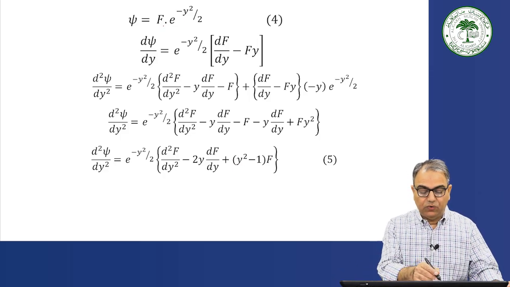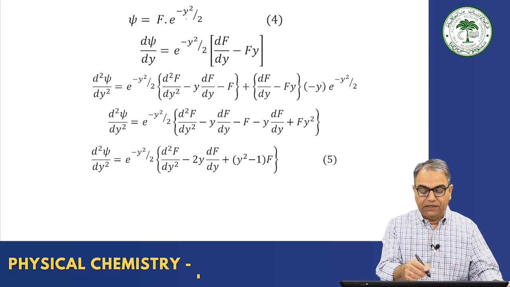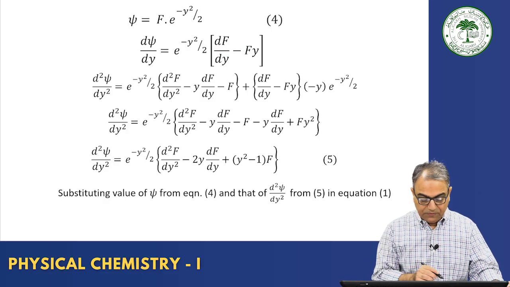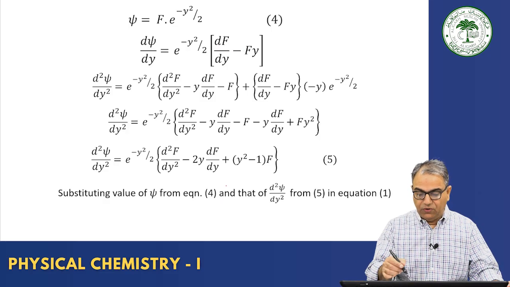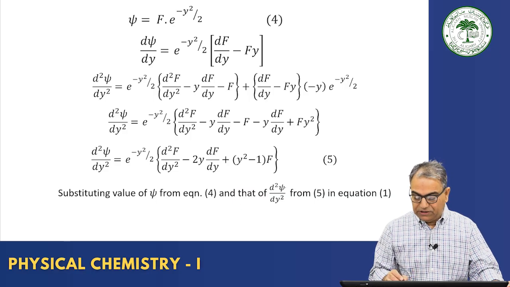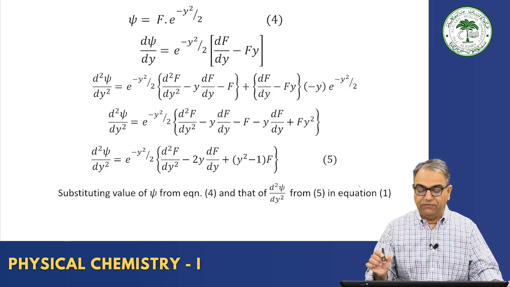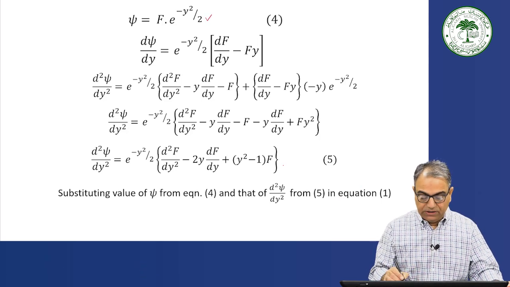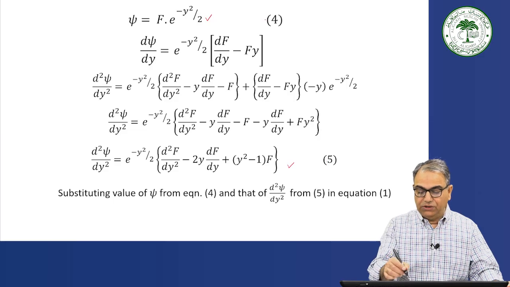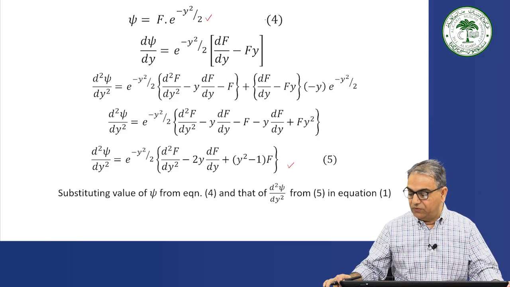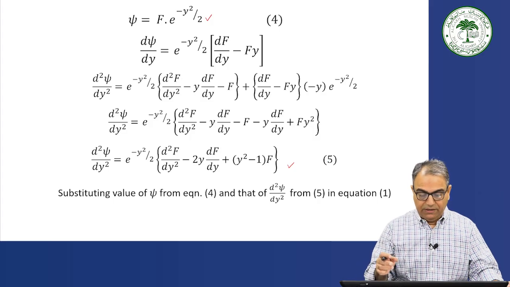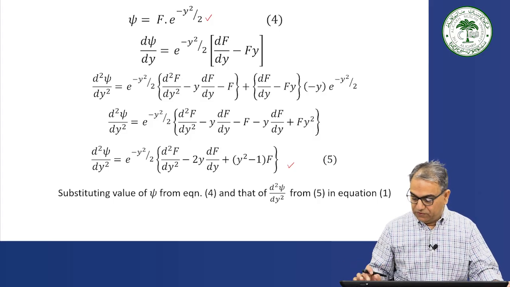It's simple differentiation, two terms you have, you differentiate one and keep the second constant and you get these two equations. Okay. So, once you get this one, substitute the value of ψ from equation 4 and that of d²ψ/dy² from equation 5 in equation 1. So, we have an equation for the ψ value, we have an equation for d²ψ/dy², and if you use these two equations, equation number 4 and equation number 5, and go back to equation number 1,